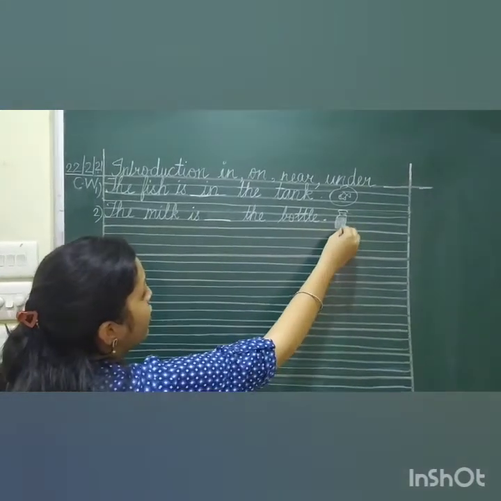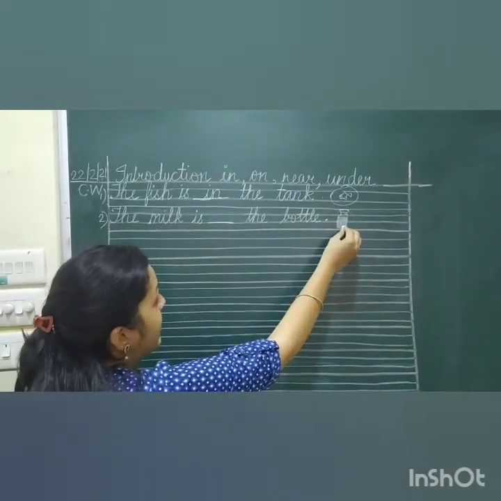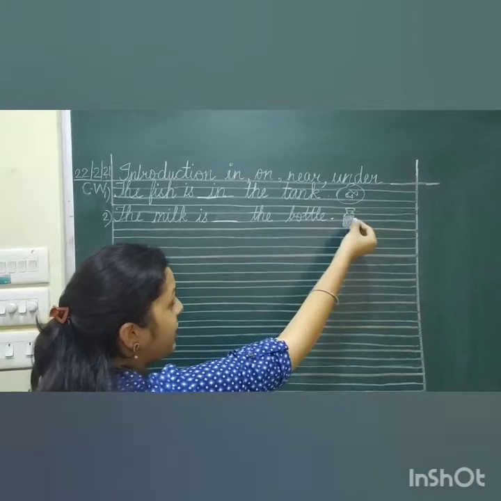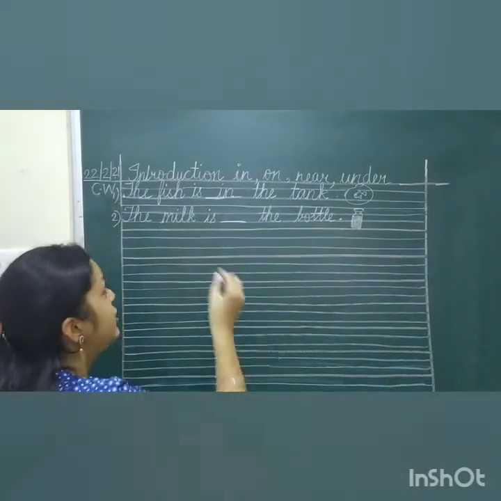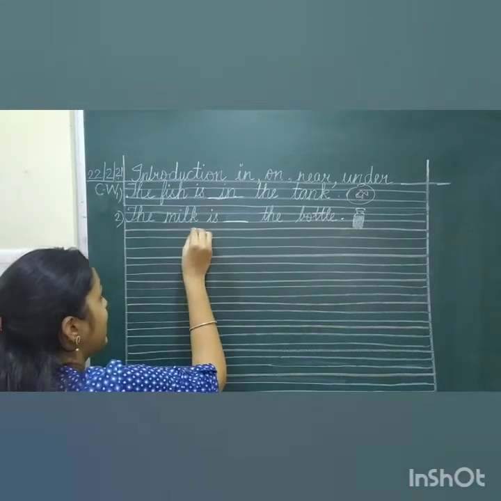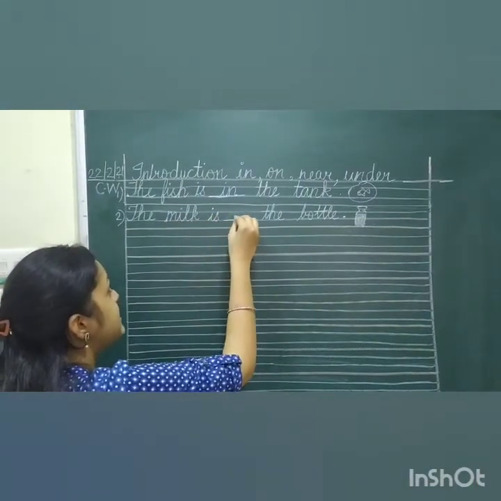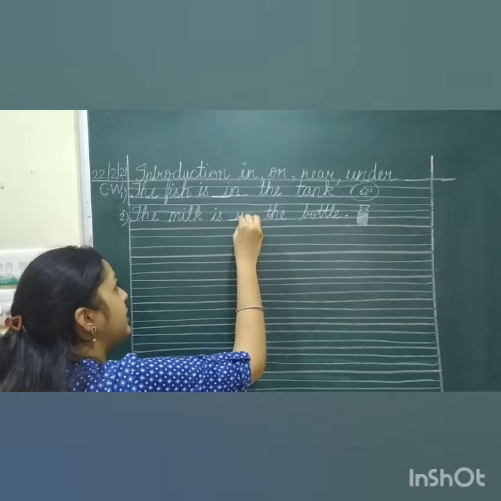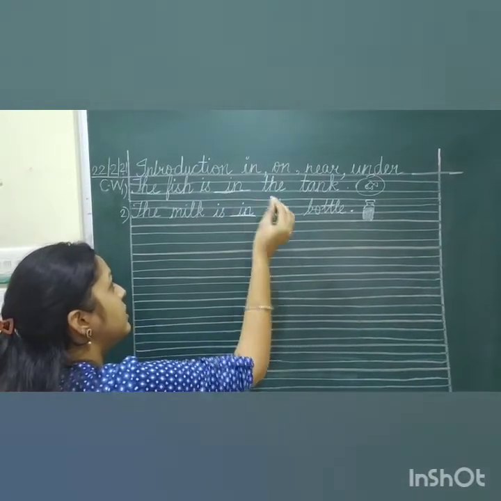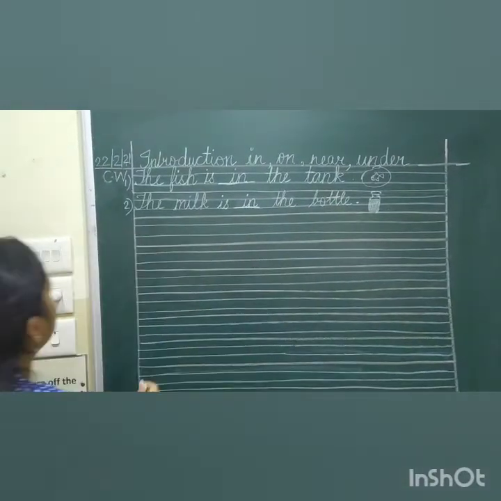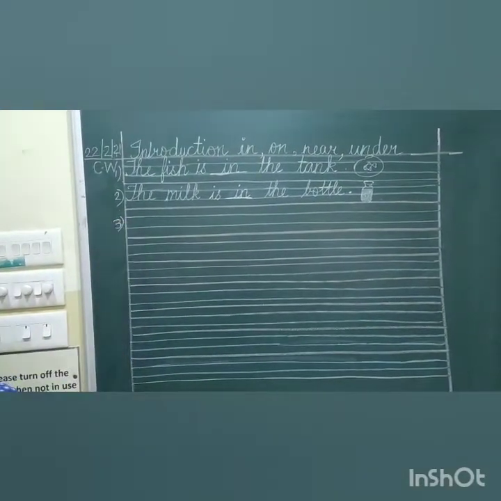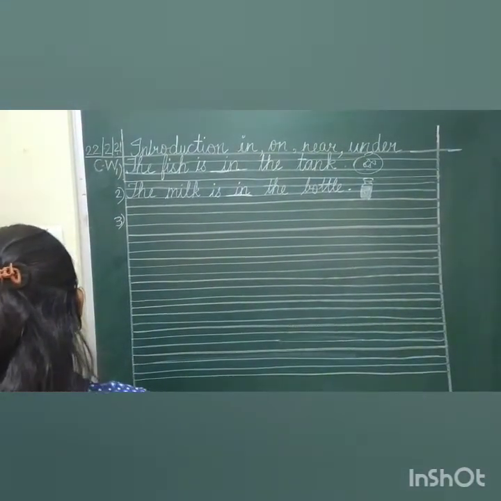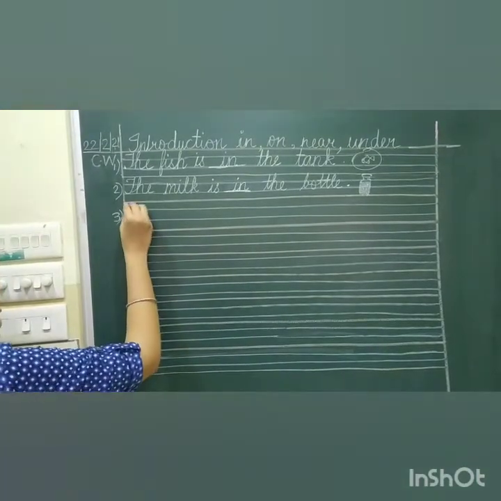So tell me, where is milk? In the bottle, outside the bottle, near, under the bottle, where? Inside the bottle, right? So you will write the milk is in, in the bottle. Next, we are going to write the third question. What is the third question? The cap,